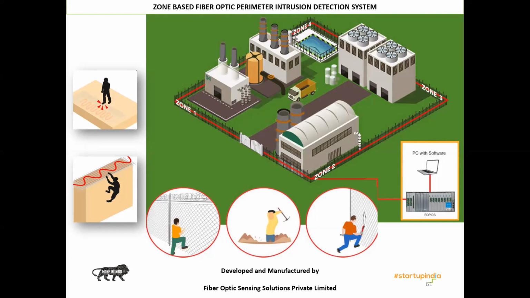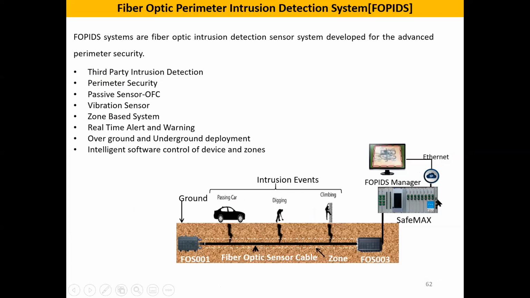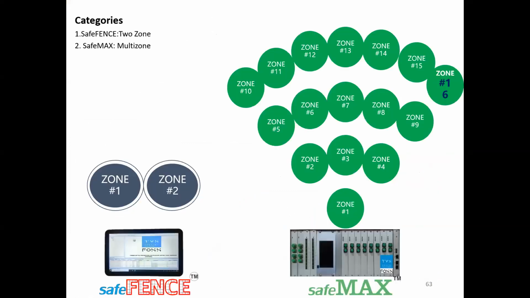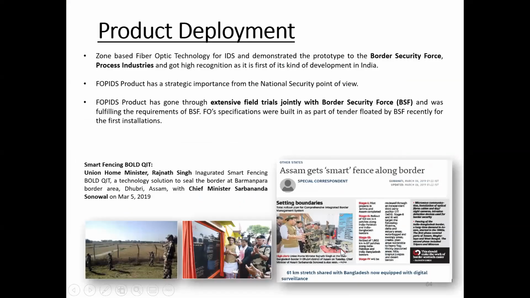we can monitor that. So in this block, you can see the device which was developed and manufactured by us, and which is being used to monitor the country border. So these are two types of devices which we manufactured: joint-based devices, and this is put, as I told, in the Bold QID project of the BSF, the Border Security Force. Our Border Security Force monitors the Pakistan and Bangladesh borders.